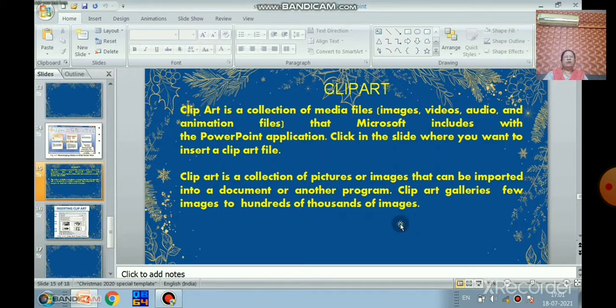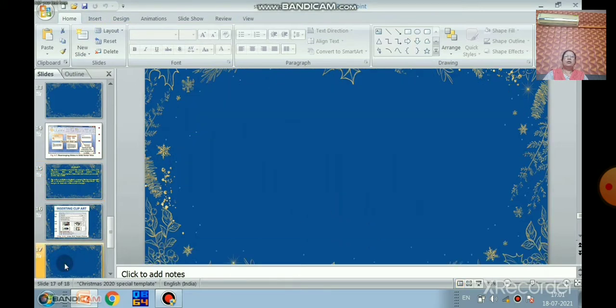Now we will take one blank slide. We will select a blank slide and with the help of clip art we will insert an image in the slide.